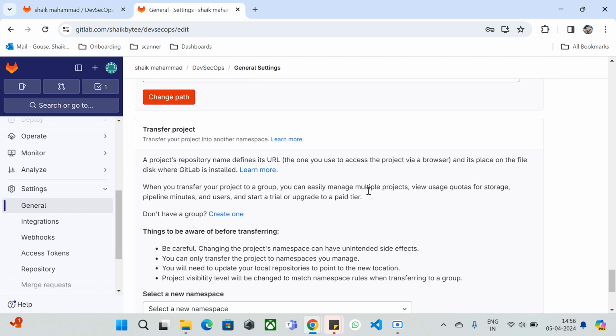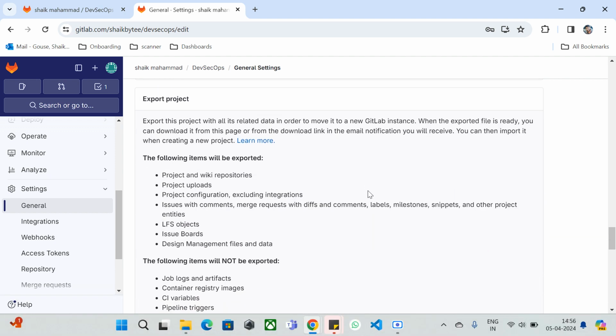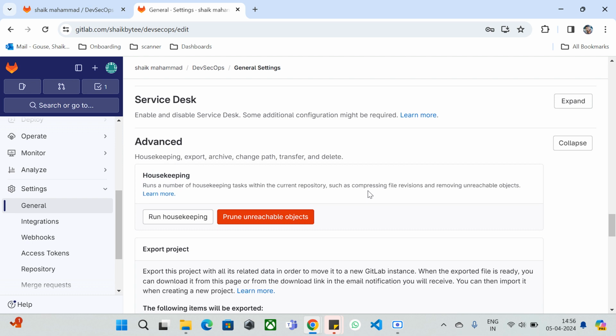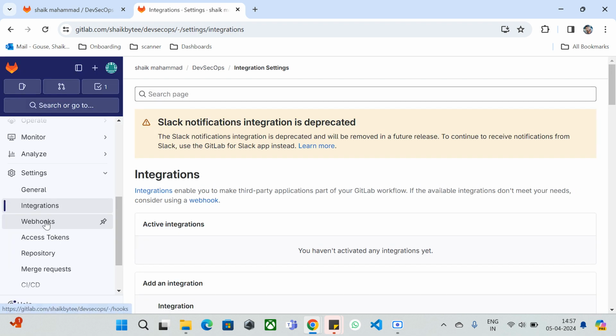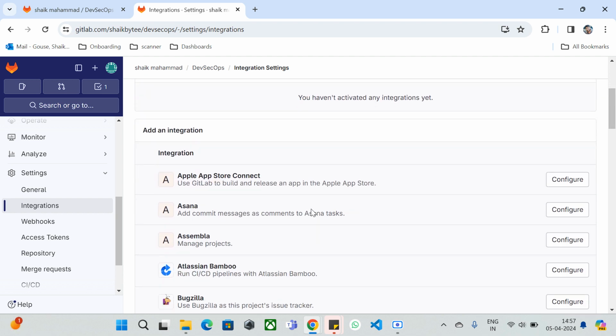So these are all the settings about the general section in GitLab, and you can take advantage of it. You can customize it as per the requirement. The next amazing feature is integrations. Let's say you have a requirement to integrate your GitLab with other modules or other tools or any other libraries or any other open source or enterprise tools. We can take advantage of this integration, and we have a bunch of integrations already added, which is